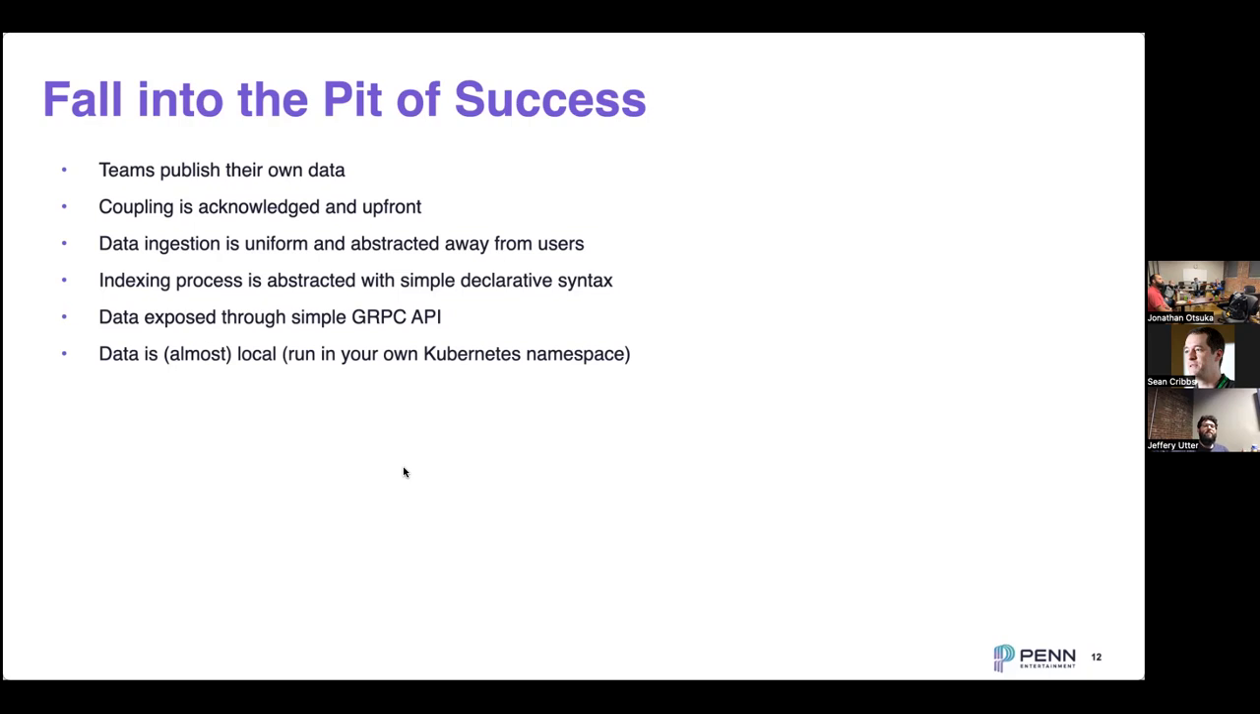We want the indexing process to be abstracted away and declarative, so people don't have to figure out, do I need a GIN index or a B-tree index, right? We don't want people to have to think about that. And then ultimately, the data can't live in their application directly in this type of system where we're solving it for everybody, but we want to expose it through a simple gRPC API that makes sense. And the key to making it fast is we want this data to live